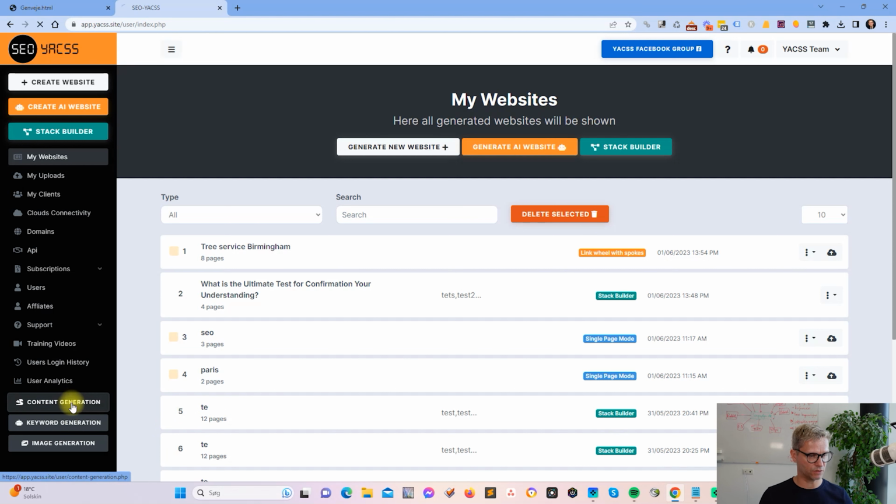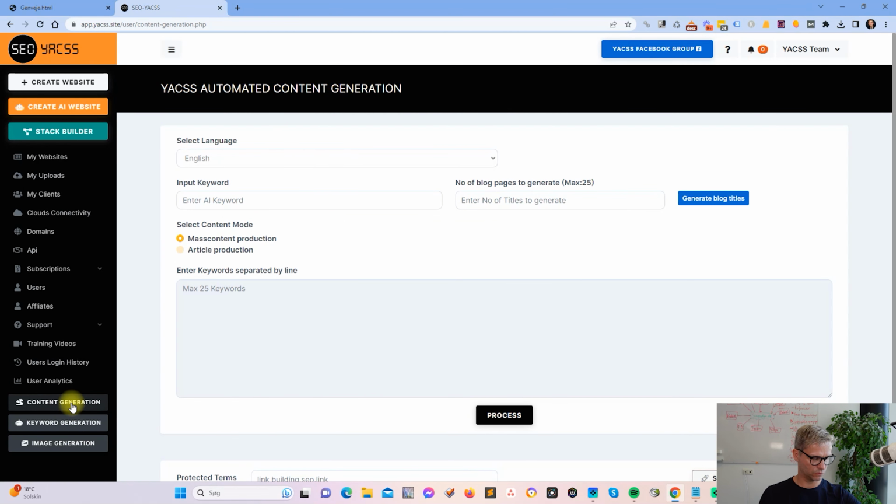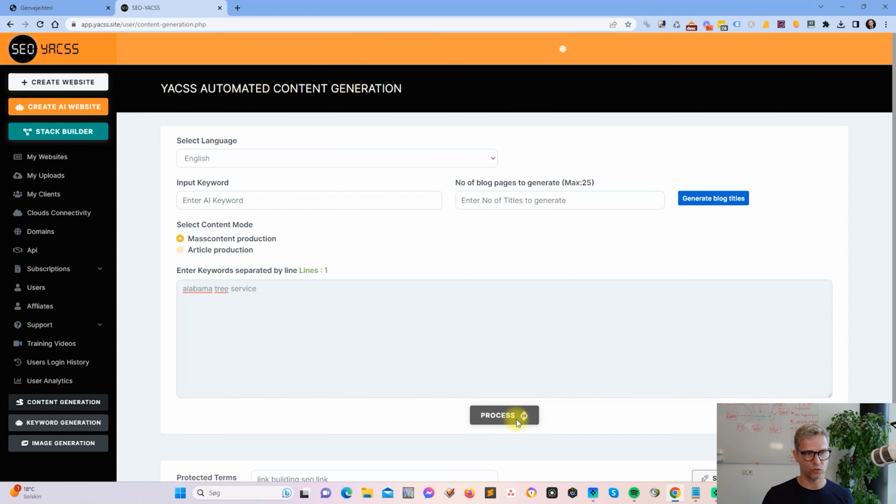First, click on content generation, and I do like this: Alabama tree service, and I click process. While it is processing, the AI is writing a short article, 300 words, around Alabama tree service. And while it's processing, I will go to Google Maps,